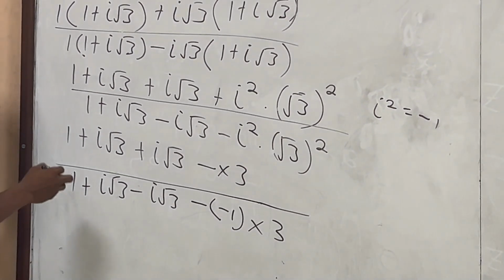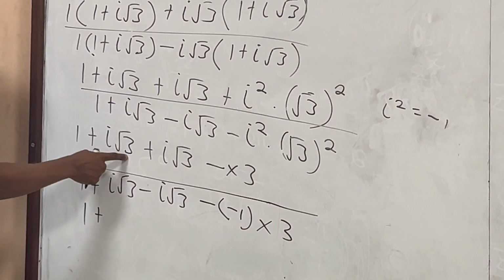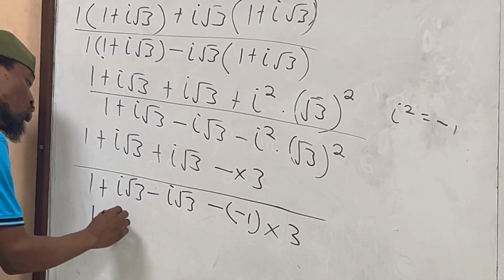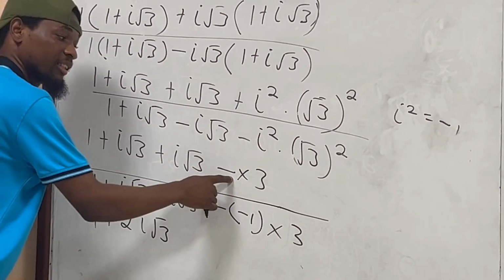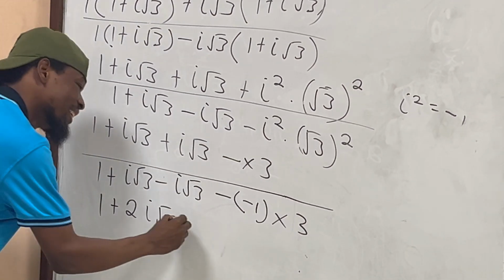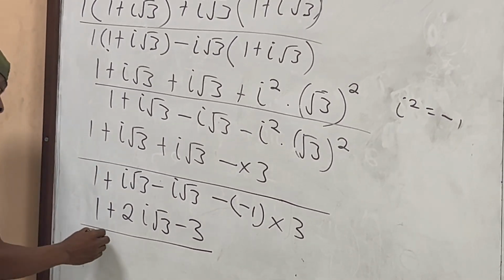So we have 1 + i√3 + i√3, which gives 2i√3, and −1 times 3 is −3. Then all over, I have 1, then